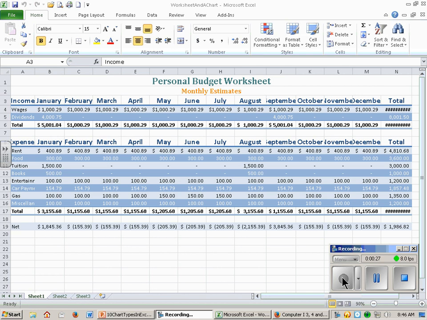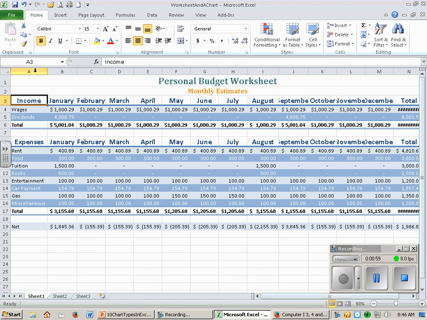We are going to adjust the column width. So we want to make the dates, or the months of the year, fit. So we are going to point to the boundary on the right side of the column A heading above row 1 to change the pointer to a split double arrow. So there's a line in between A and B column, and when we click twice, it's going to